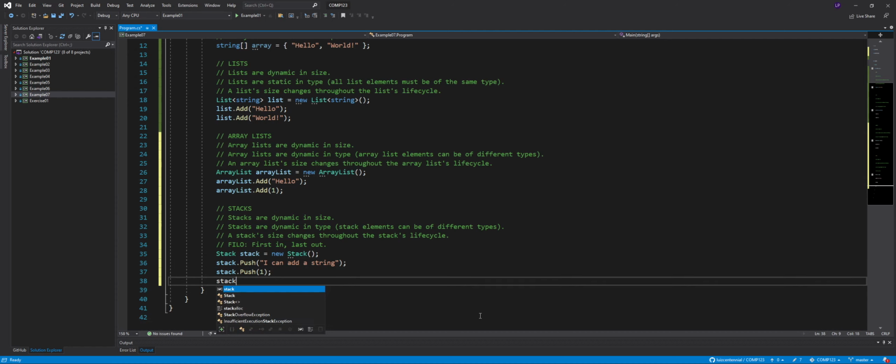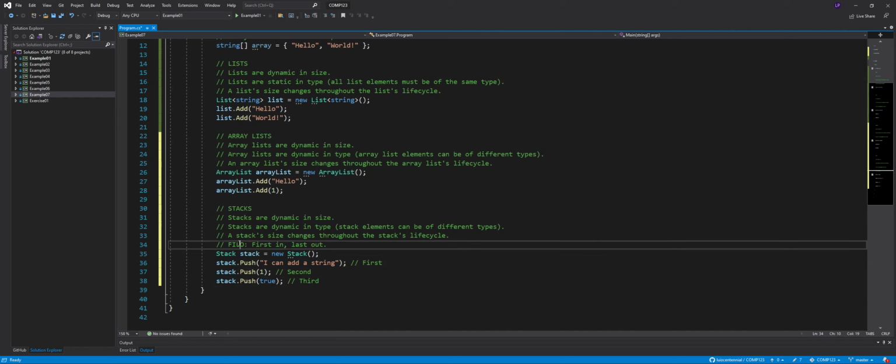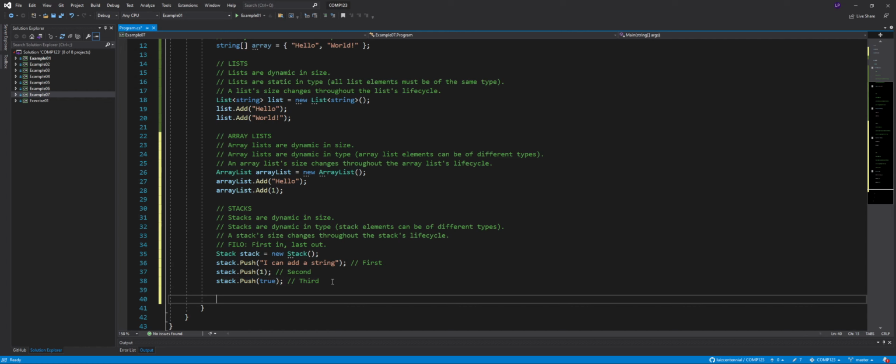If I want to, I can go ahead and say stack.push, and I can push a boolean value. Okay, now this is the first item on the stack. This is going to be the second, and this is the third. Now, if this is really a FILO kind of collection, first in, last out, if I go ahead and say something like